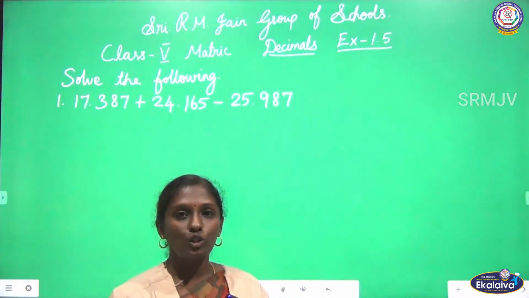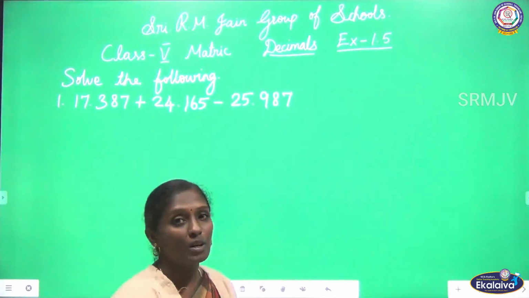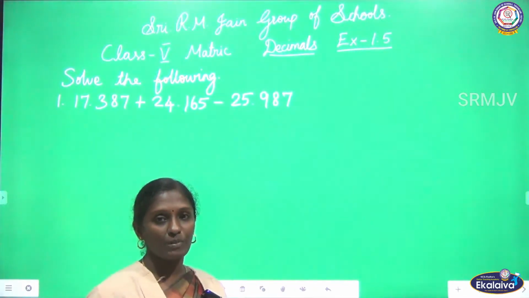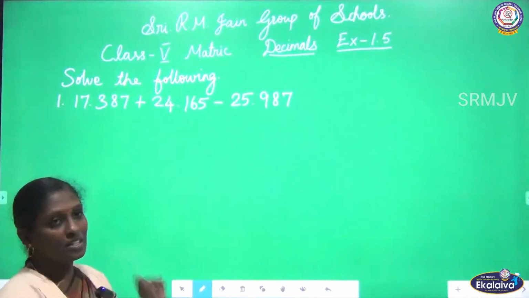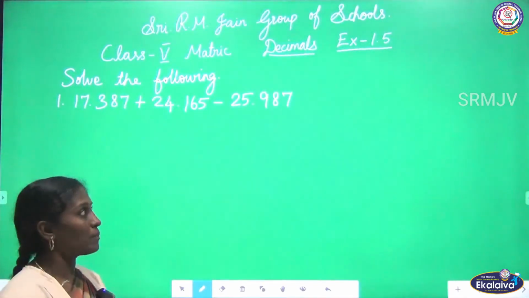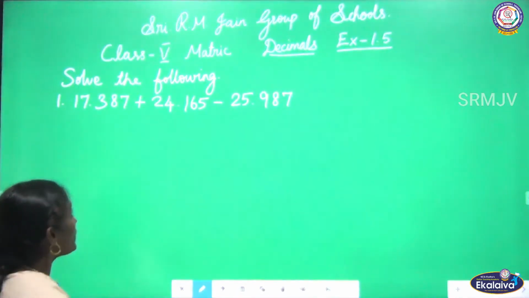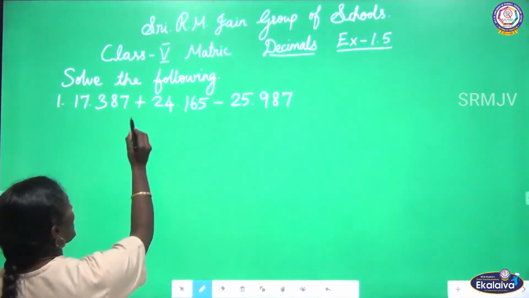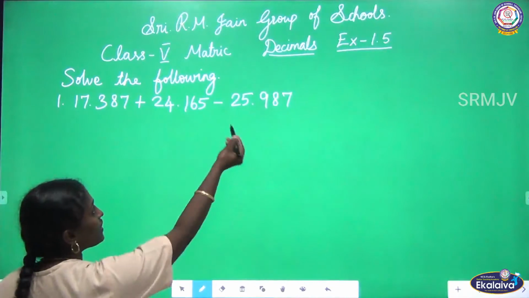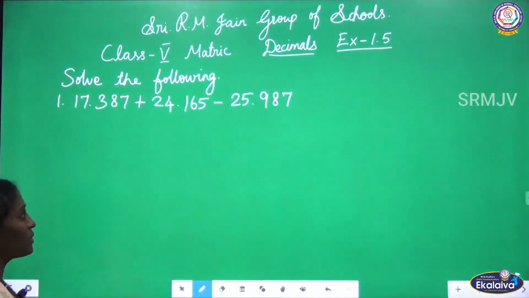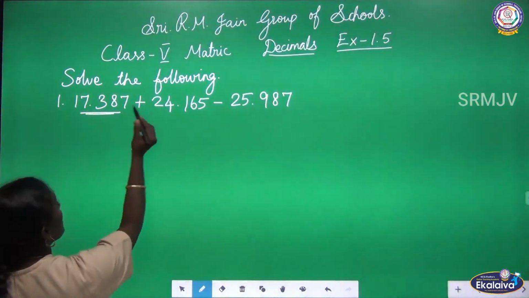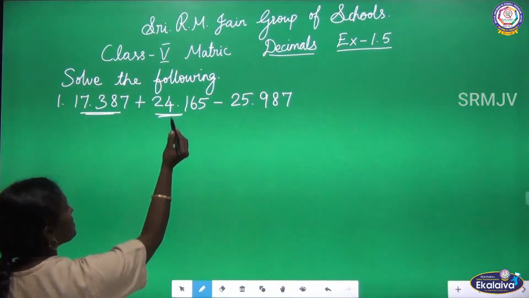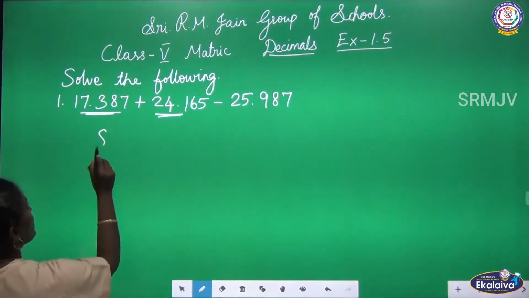Today we are going to do the problems in exercise 1.5 from the chapter decimals. In this exercise we are going to do both addition and subtraction in the same problem. While doing a problem like this, first we have to do the addition, after that we have to subtract the third number. Okay, so first we are going to add the first number and the number which has plus symbol in step 1. Okay, step 1,